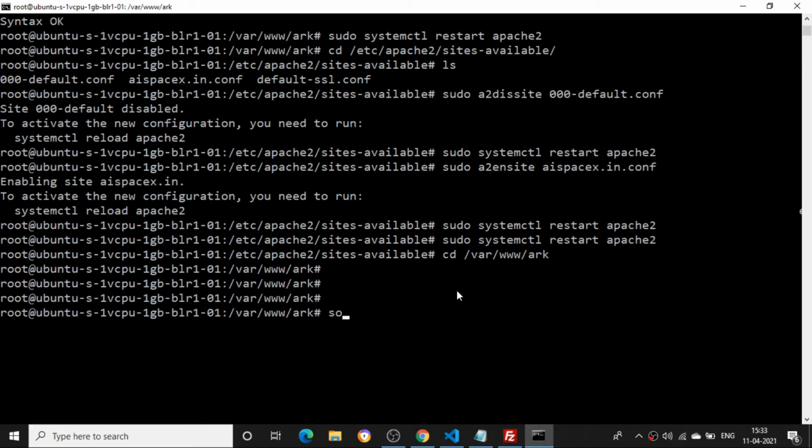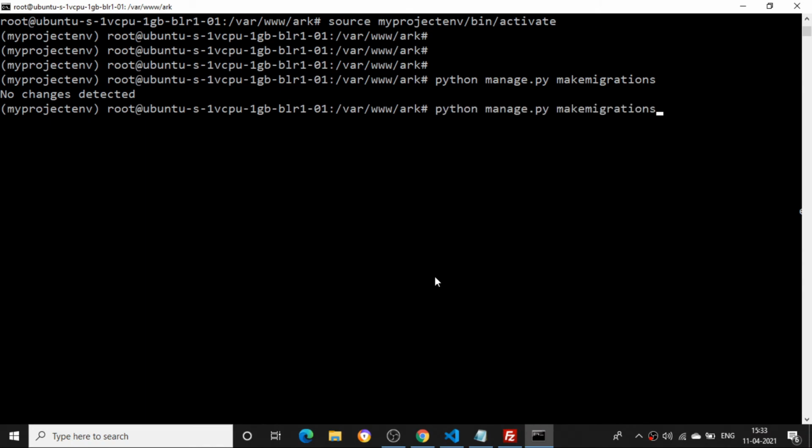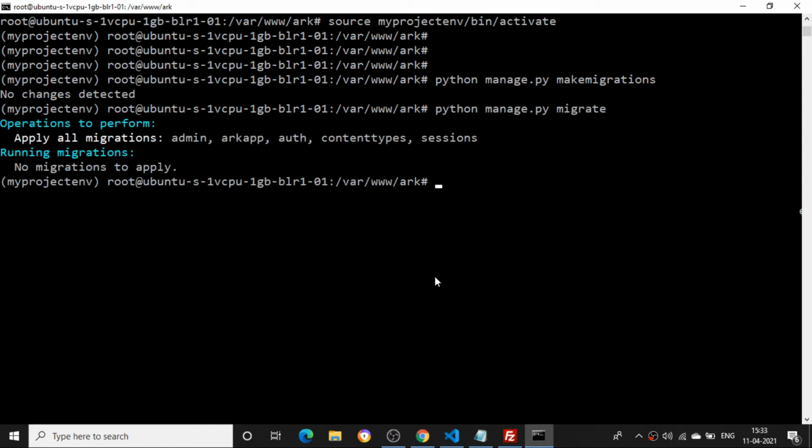I'll just tell source and my project env /bin/activate. Once I activate it, I'll enter the command python manage.py makemigrations. No changes detected. I'll just tell migrate.